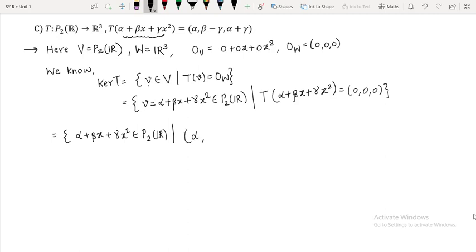It is (alpha, beta minus gamma, alpha plus gamma)